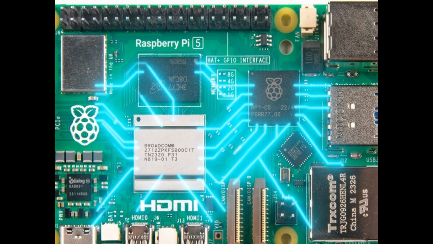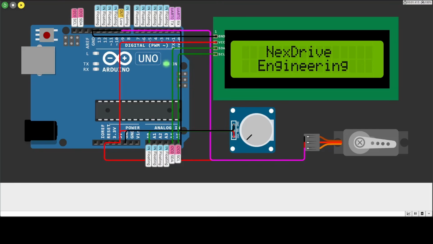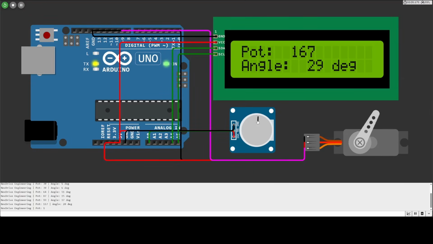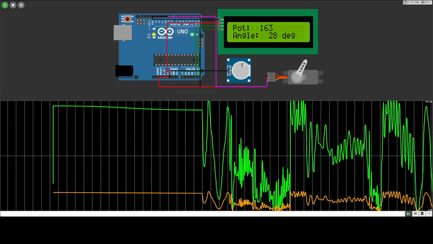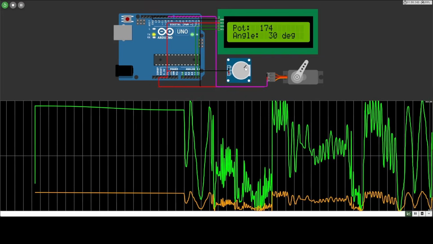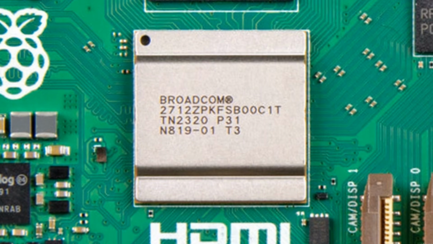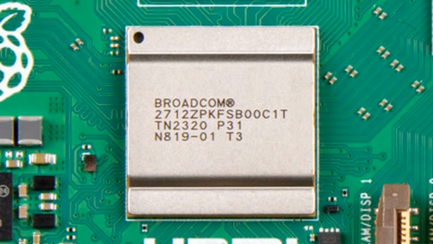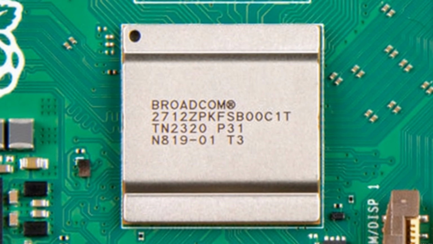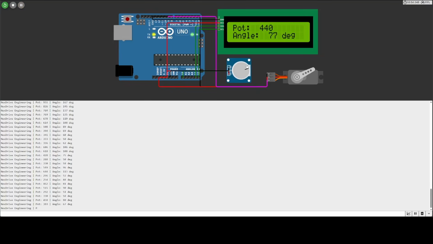Here is the most important difference, and the one most beginners get wrong. Arduino responds to the physical world in real time. When you tell it to read a sensor or fire a motor, it does it in microseconds. There is no delay from an operating system getting in the way. Raspberry Pi runs Linux. Linux is not a real-time system. If the CPU is busy doing something else, updating a process, managing memory, your signal can be delayed by milliseconds. In most projects, that is fine, but for precision motor control, high-speed sensing, or safety-critical timing, that delay is a